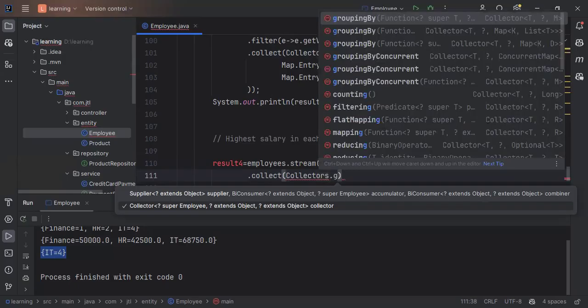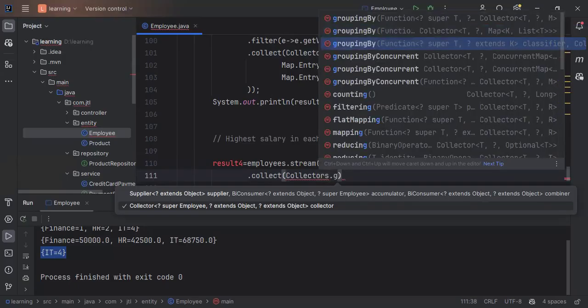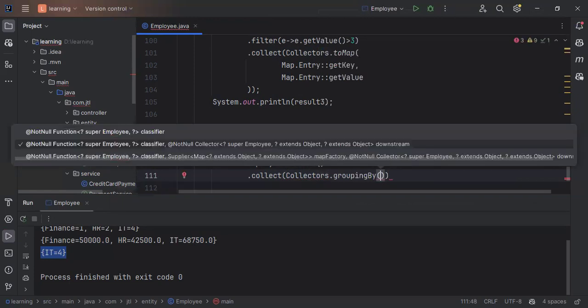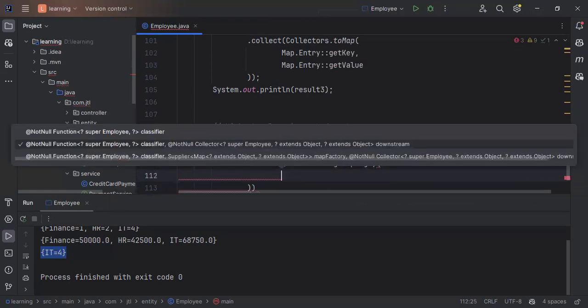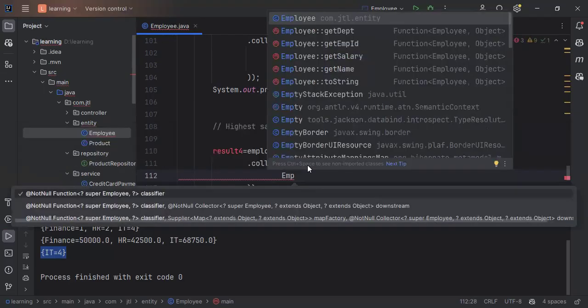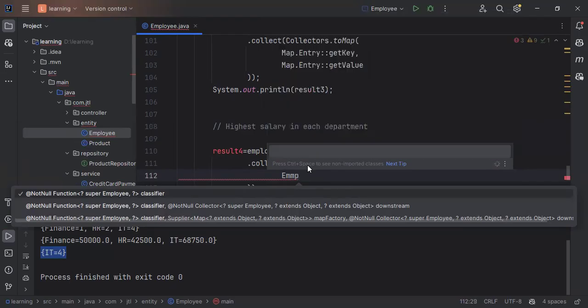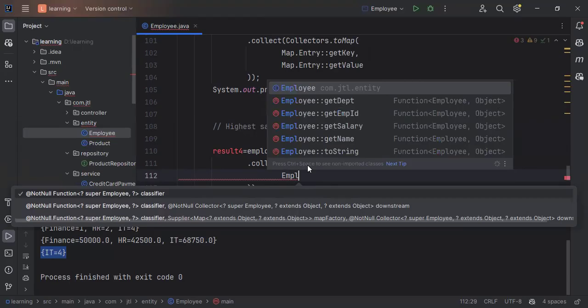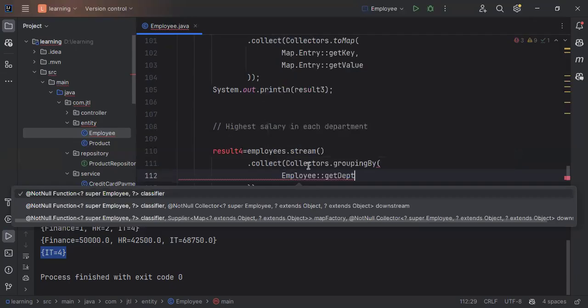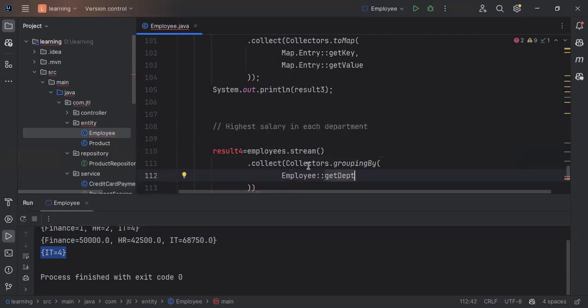We will group by, and here we need to use a method reference for the Employee department. So first we need to get the department. Based on the department, we can compare. Get the department, then Collectors dot